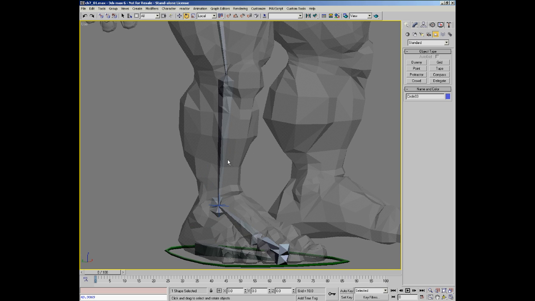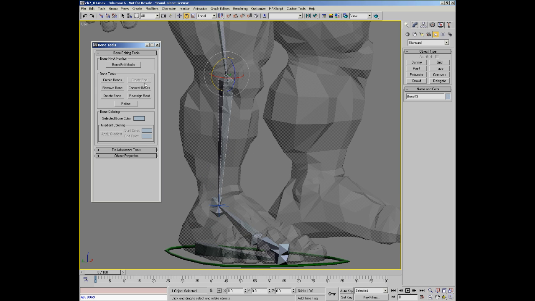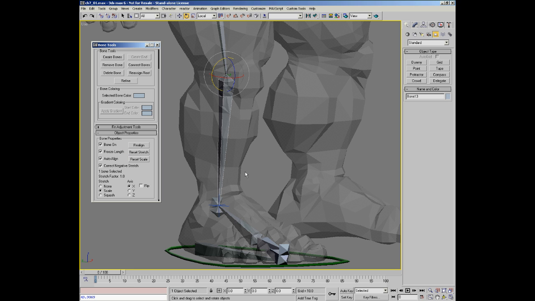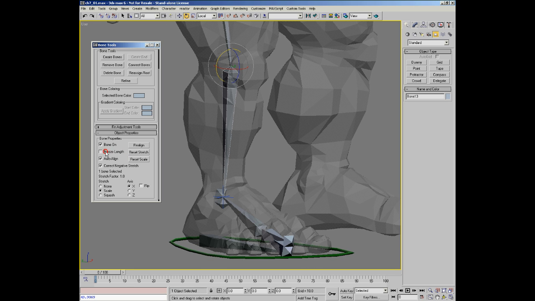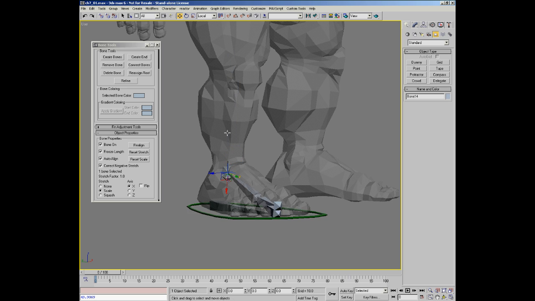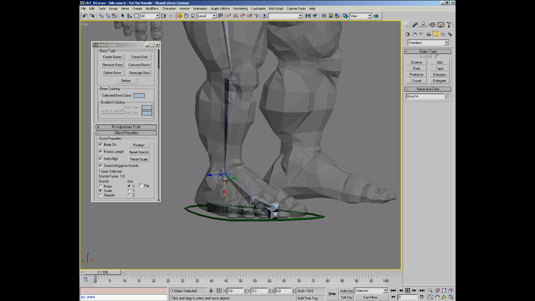Stretchy bones are actually built into Max as a default. I'm going to open the Bone Tools dialog, and I'm going to turn off the freeze length on this bone so I can do this manually on screen. Now that I've turned off freeze length on the calf bone, you can see that when I pull the nub bone at the end, I can actually stretch out